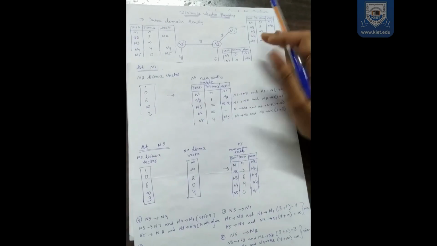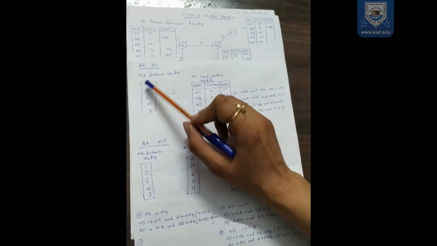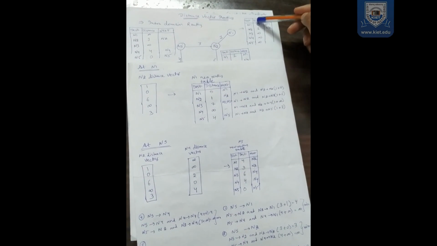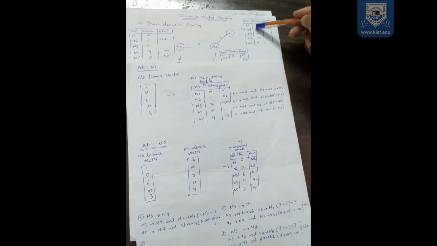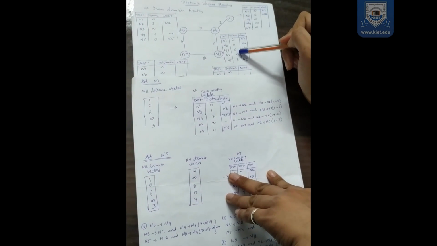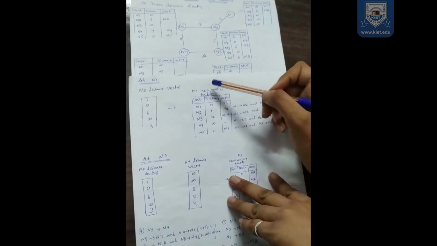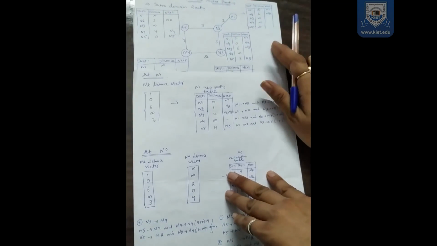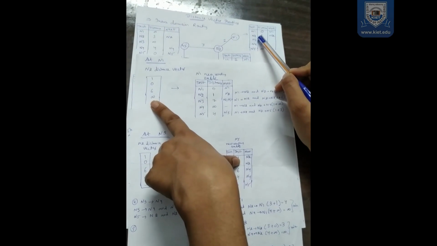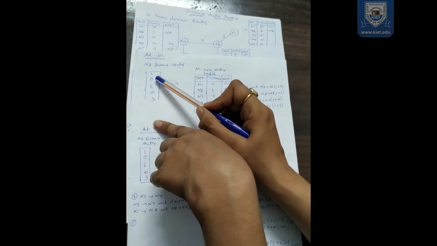N1 routing table is this one. Right? This is the distance vector, the second one. The second column is distance. Its full name is distance vector. The distance vector of N2 is 1, 0, 6, infinity, 3. How will the new table be created? It will create a new table with the help of its own routing table as well as with the neighbor, that is N2 routing table or distance vector.